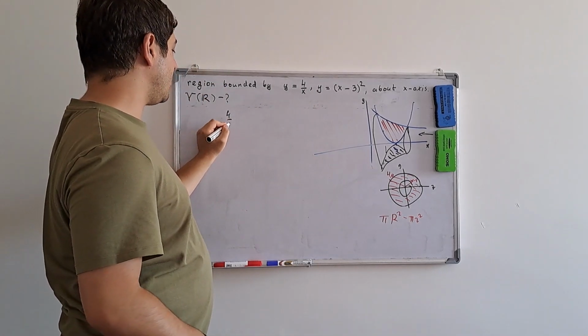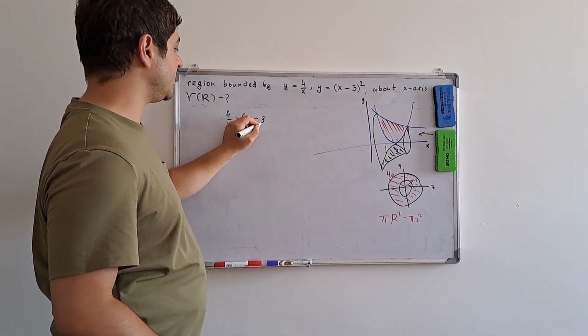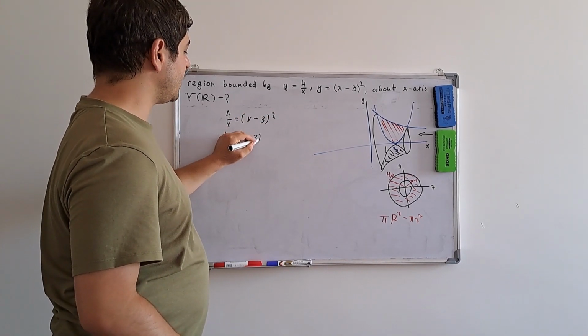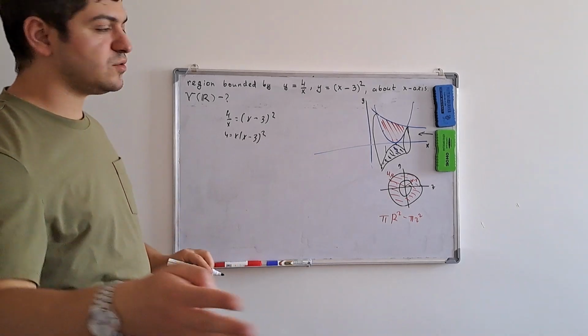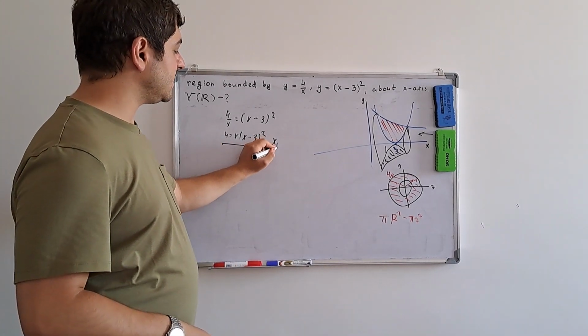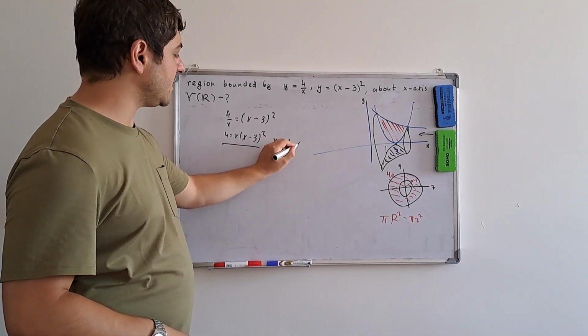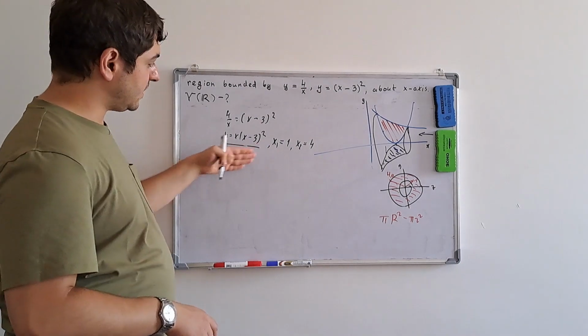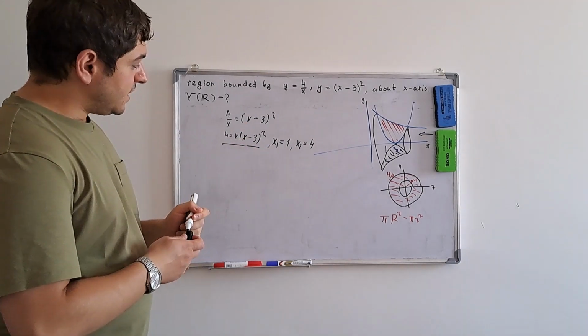So 4 over x is equal to (x minus 3) squared. So 4 is equal to x times (x minus 3) squared. Now I don't want to lose time here calculating this analytically. We can easily see that x1 is 1 and x2 is 4. If you plug in, you will see that the result is the same. That is why,